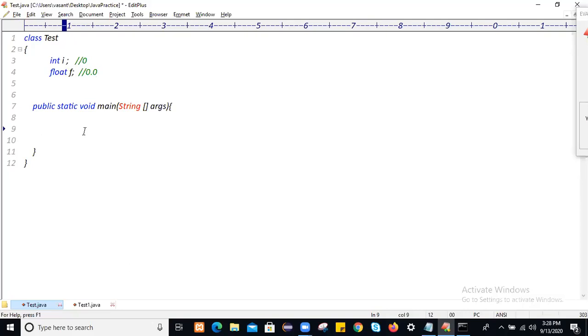Observe carefully here. To load these instance members of the class, object creation is mandatory. How do we create an object? Always by using the new keyword followed by the class name, like this. I want to convert this integer instance into a float value, so simply use t.i equals t.m. At class level they will get converted, and then we display.